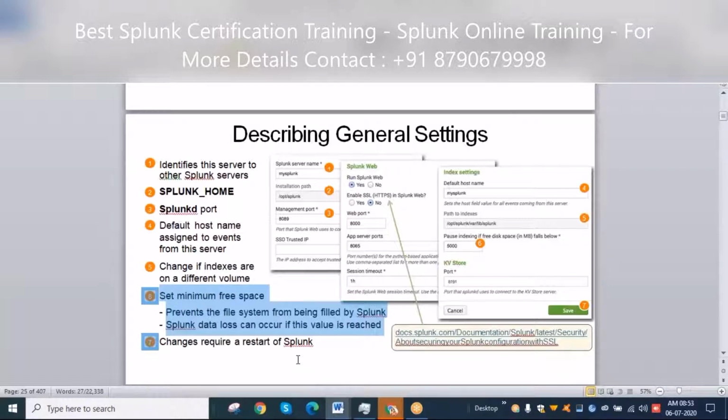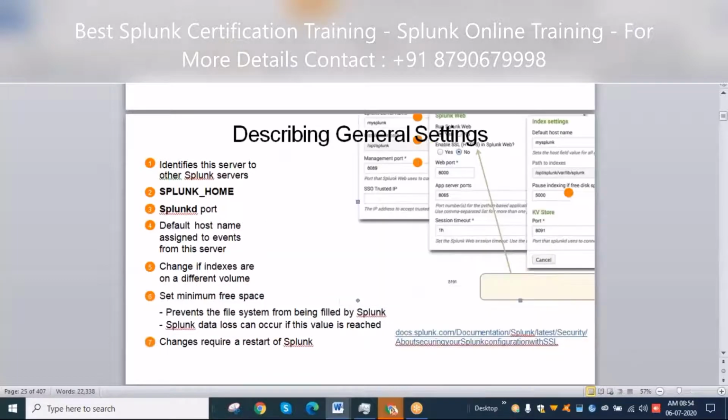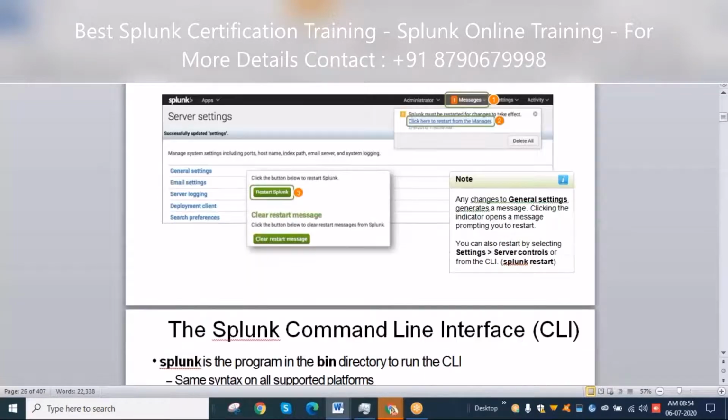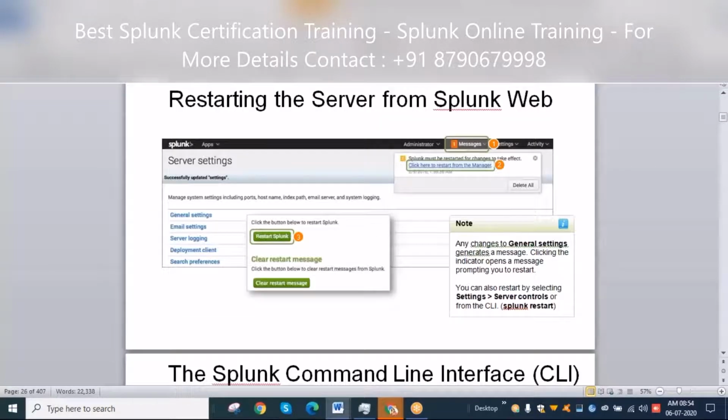If any change is made, you need to restart Splunk. In the general settings, if you want to change the port number, the default Splunk location, the default host name, or the volume of the indexes, everything can be done there. How to restart Splunk? You can restart Splunk from either the backend or through the UI.